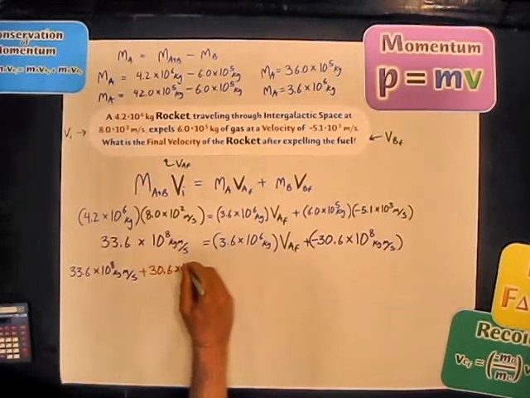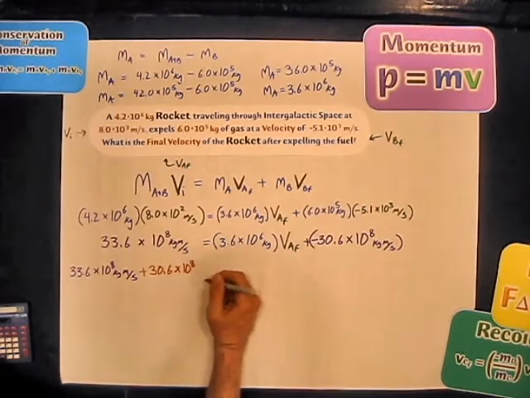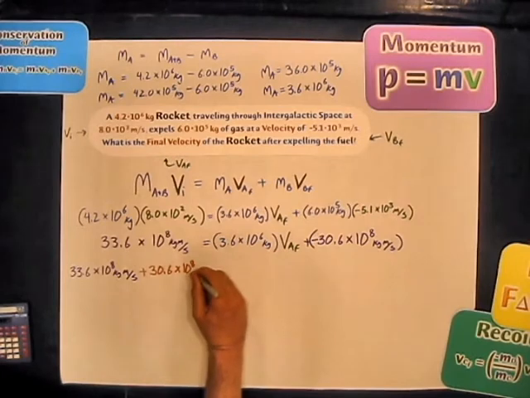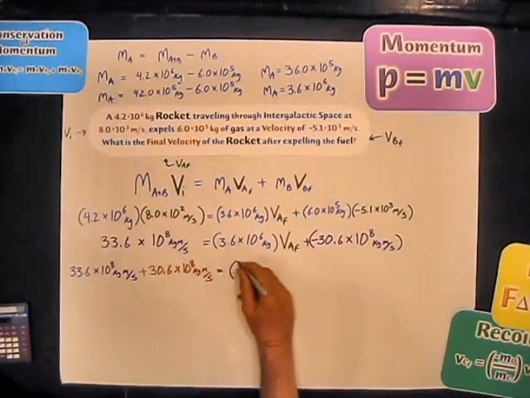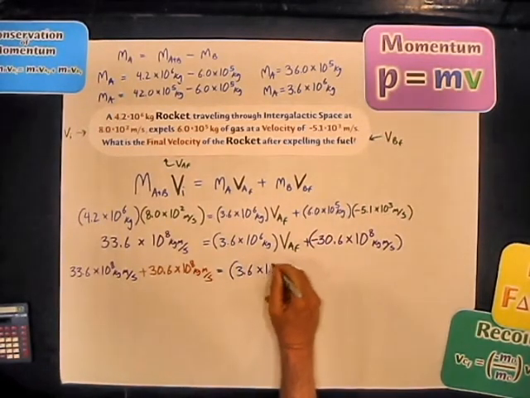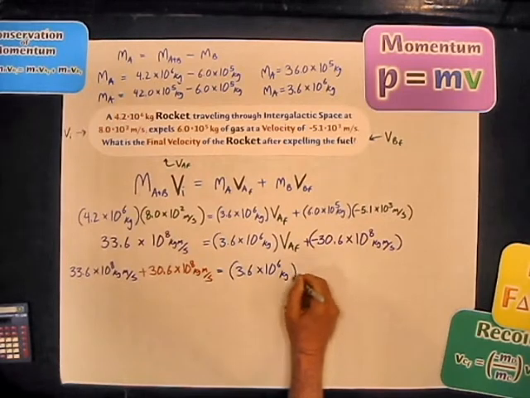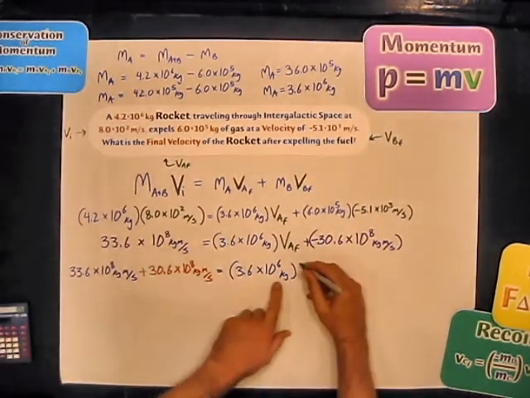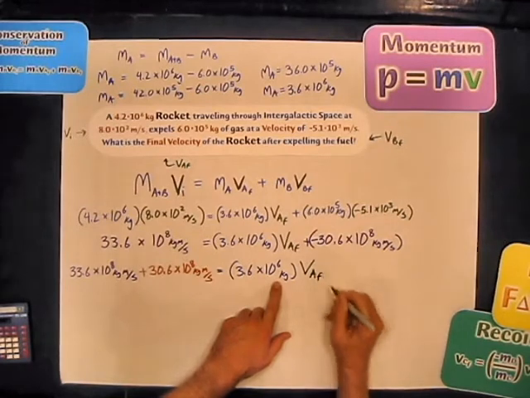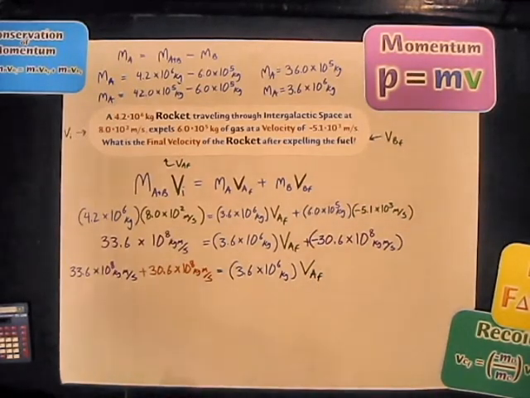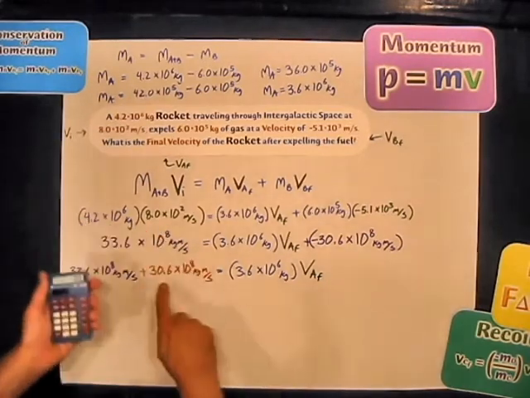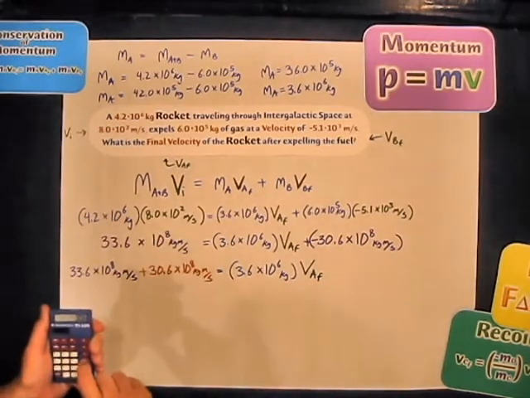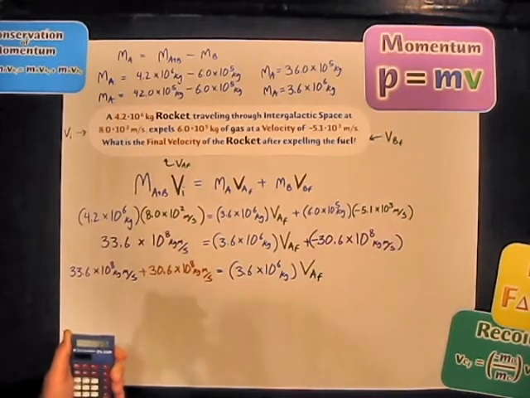30.6 times 10 to the 8th. So notice I haven't even bothered putting it in proper scientific notation. This is a little bit sloppy, but actually I think this is going to save me a step. So 3.6 times 10 to the 6th kilograms, and then we've still got that attached to our VAF, which is the final velocity of the rocket. I've still got the 30.6 on here, so I'm just going to add it, plus 33.6 equals,